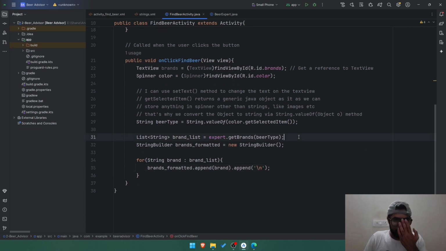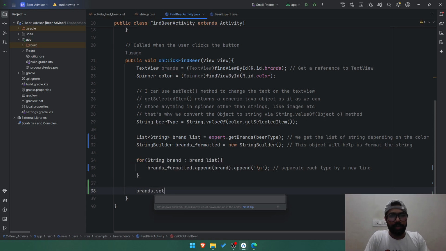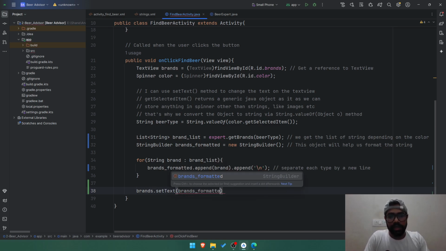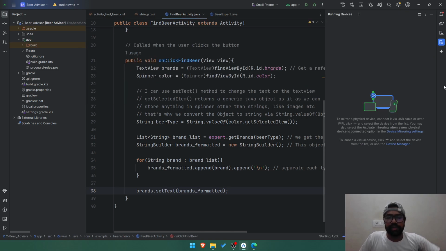Then finally, okay. So first we get the list of strings depending on the color. The object string builder. This object will help us format the string, right? Separates each type by a new line. Then in the end, I'll go brands.setText and formatted. And there we go. Now I'll simply run this first,